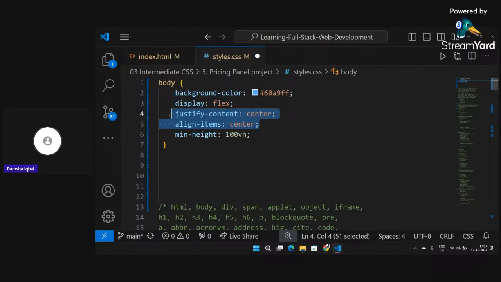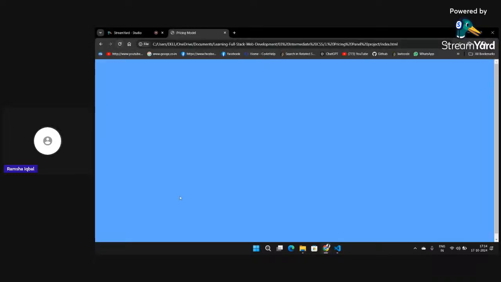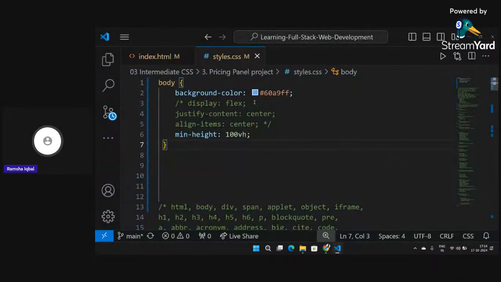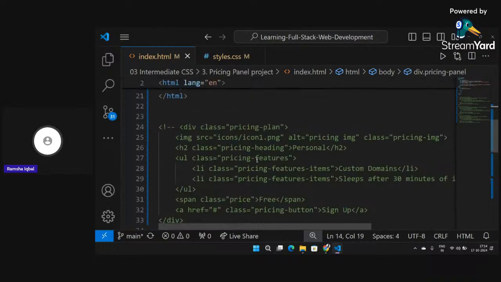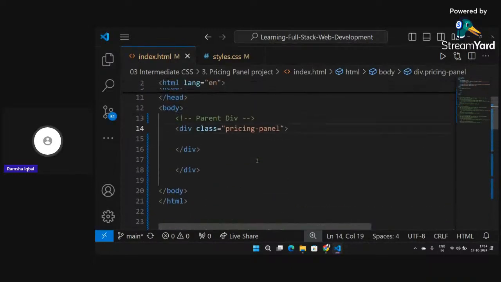So let me just remove my display properties for now. For now I have two styles applied here. The first is the background color, and the minimum height of body as 100 vh. Okay, let me just refresh it. So I have given this background color and a minimum height of 100 vh to my body. Now inside body, what I have to add is